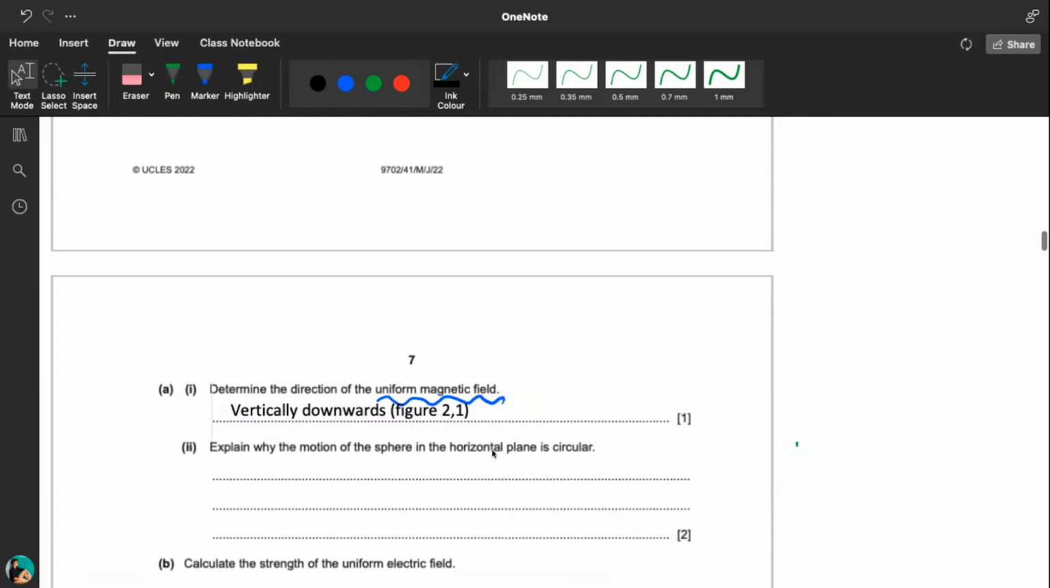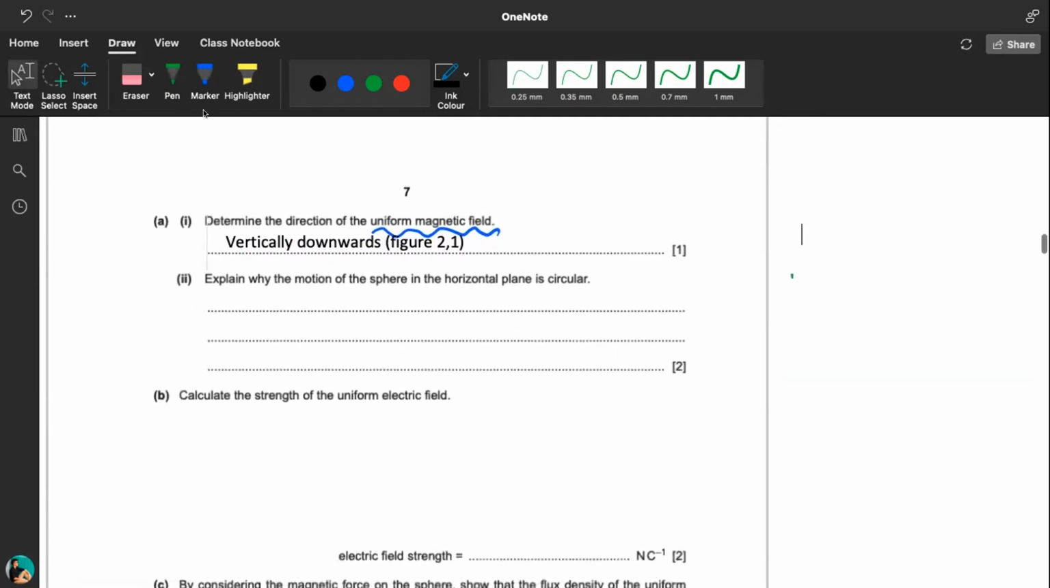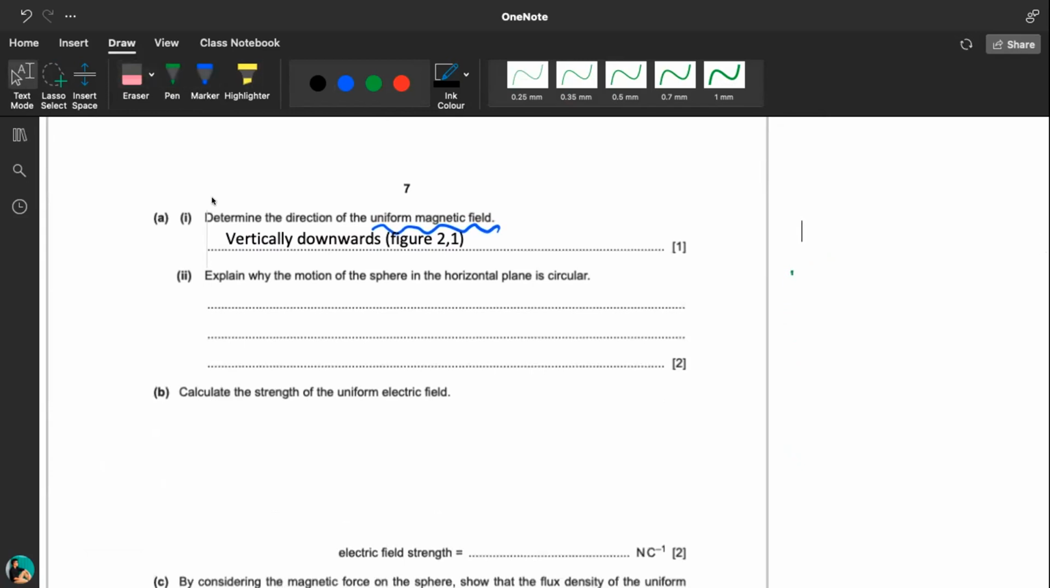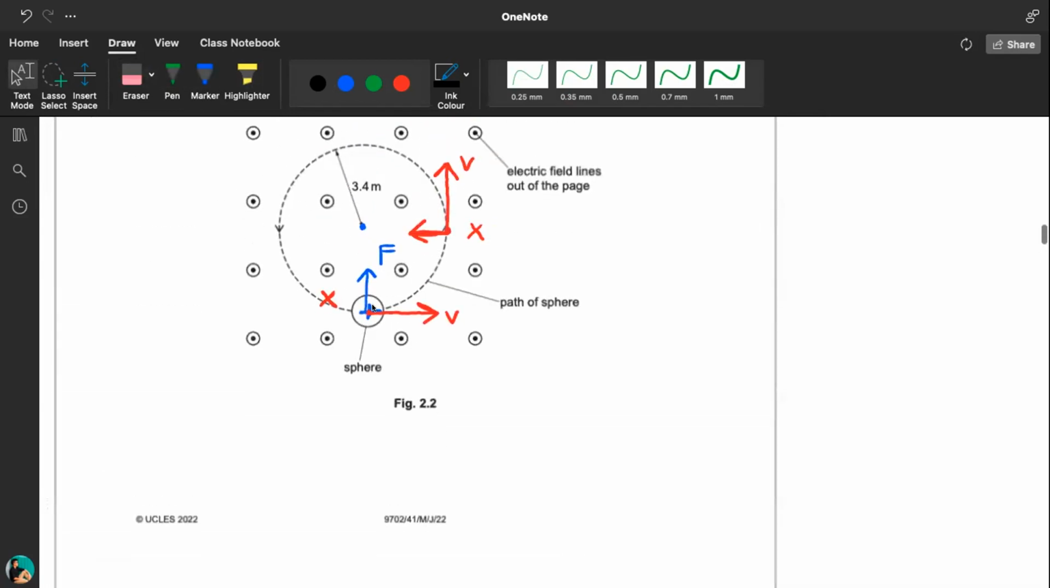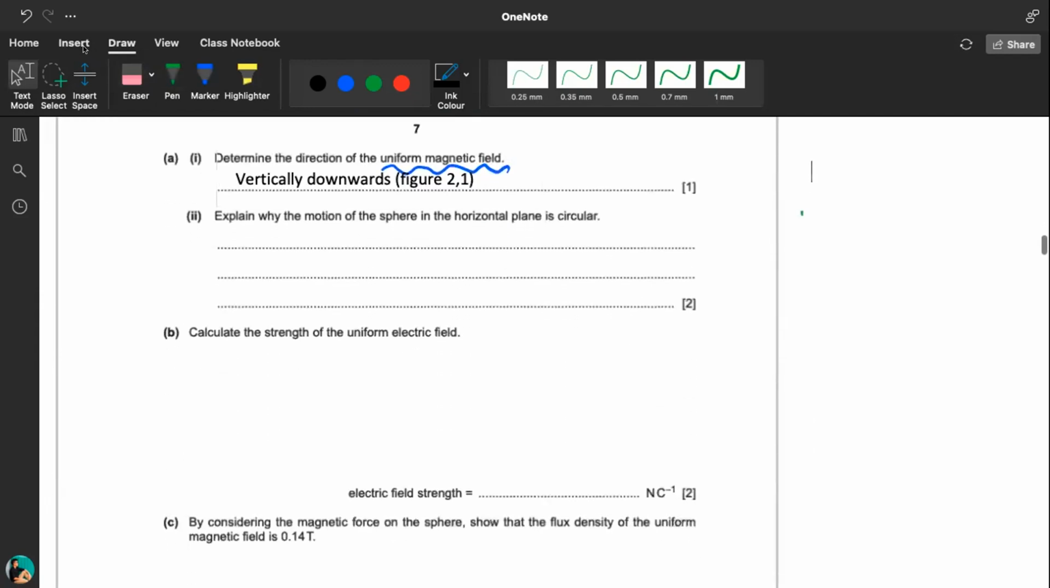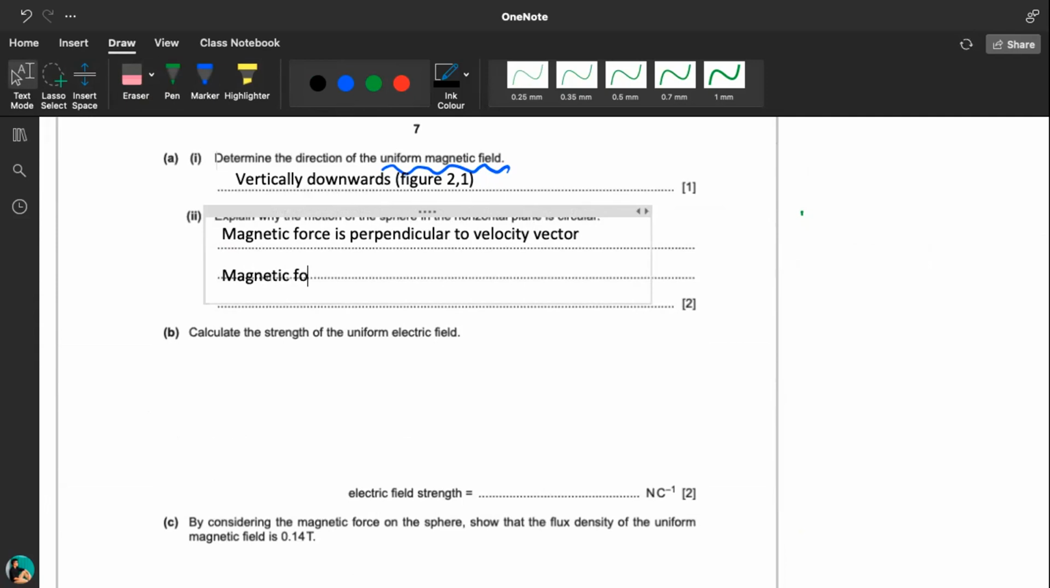Explain why the motion of the sphere in the horizontal plane is circular. Okay, because magnetic force is perpendicular, you have to mention perpendicular to velocity vector. That's the first one. Second one is that you have centripetal acceleration. Magnetic force is perpendicular to velocity vector. Second is magnetic force produced